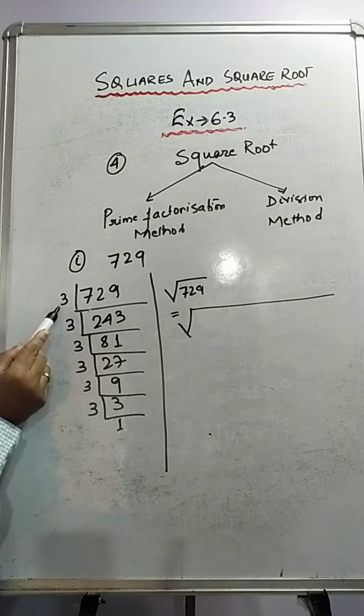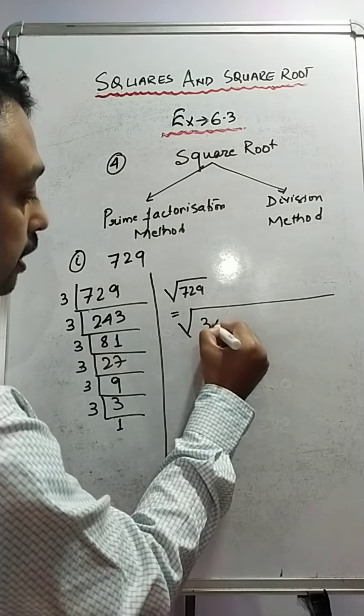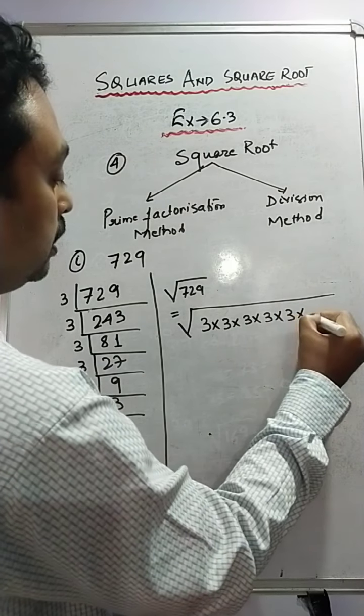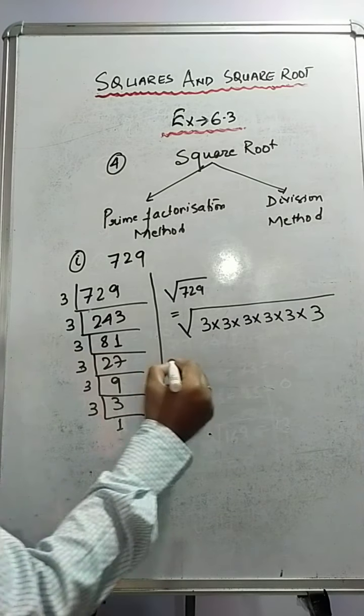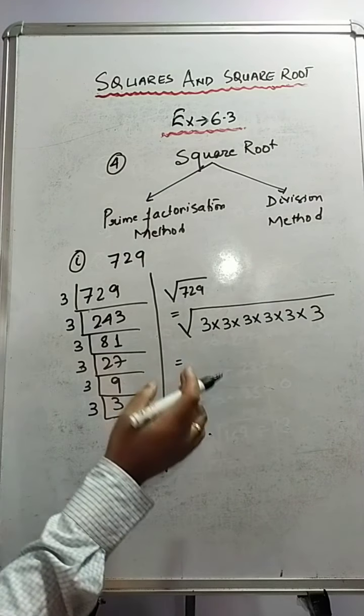So how many 3's are there? 1, 2, 3, 4, 5, 6, isn't it? So we'll write it like this: 3 into 3 into 3 into 3 into 3 into 3. Fine. So once you have written all those prime factors under the square root sign, now the next step is